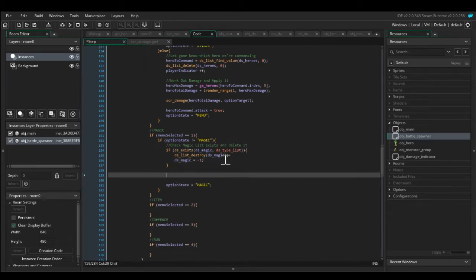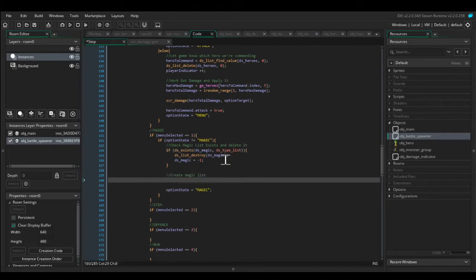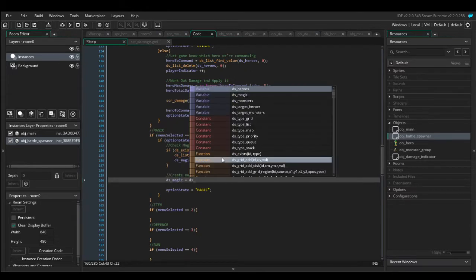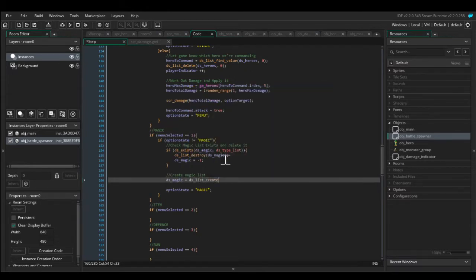So now we've done that, we're going to say create magic list, ds magic equals ds list create,